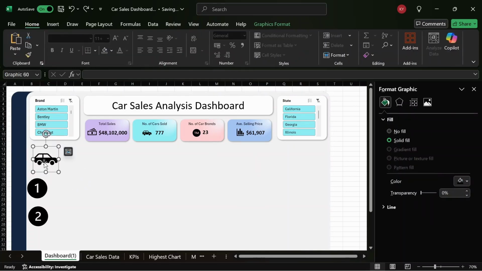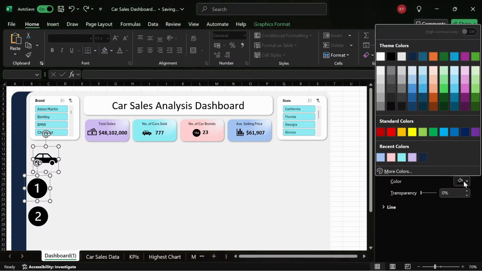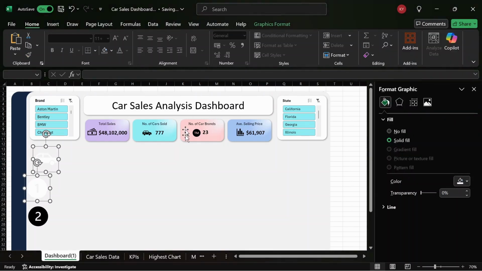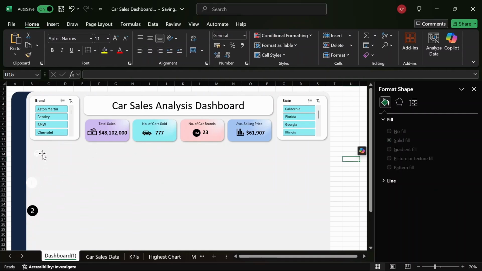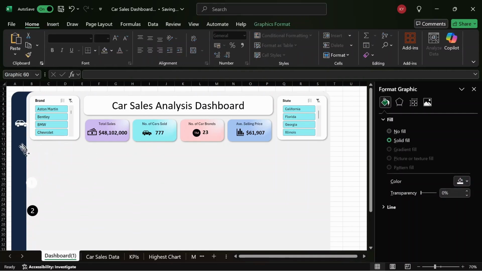So I'm going to change the color of these two icons to white. We're going to change the fill to white, and I'm going to select this third icon as well, and I'm going to change their size to 1.4. You change the width to 1.4 cm. I'm going to use escape to deselect, select the car icon, grab this, and we're just going to place it